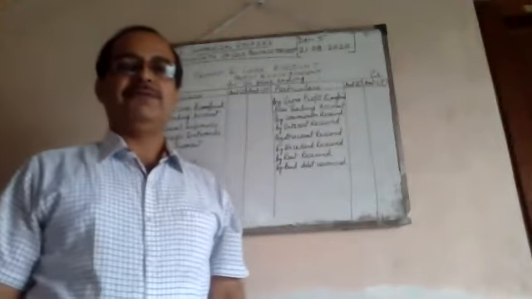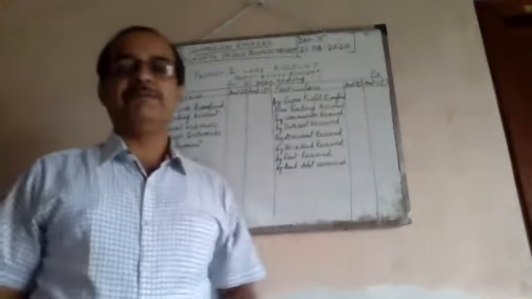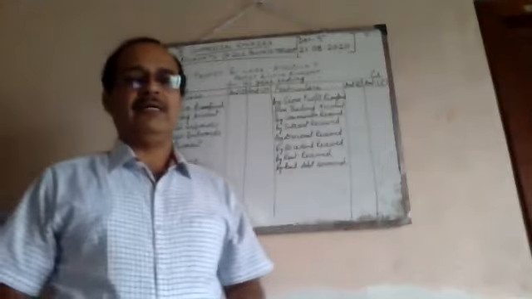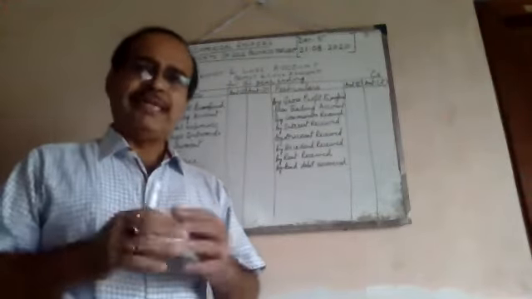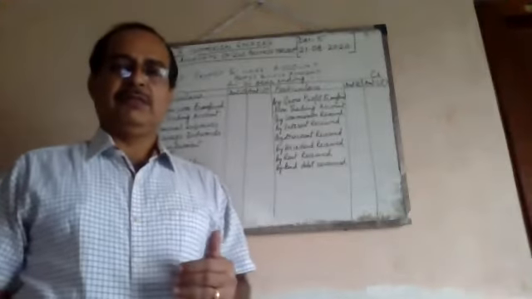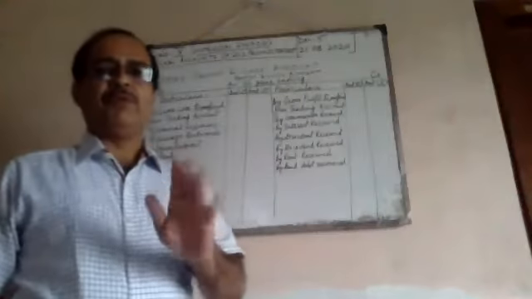Again, we are back with our previous topic of final accounts. Today, as we promised last class, in our video lessons we will discuss the contents of the profit and loss account. The other financial statement is prepared after the trading account. After we find out the gross profit, we prepare this profit and loss account to find out the net profit.